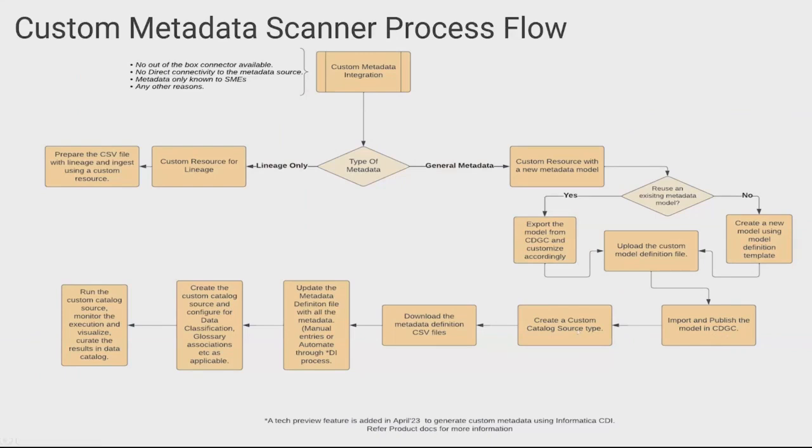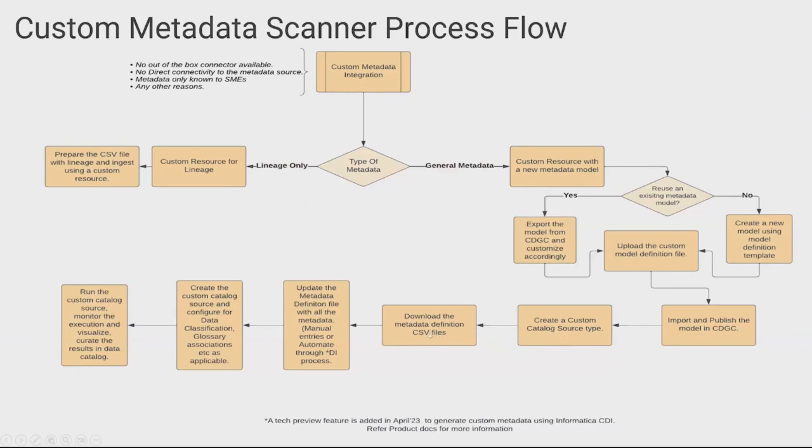And you should give it a proper name. Let's say if you're creating it for an in-house repository, or whatever the name of the data source is. Let's say Denodo, for example, if you're creating a custom scanner for it, then I would maybe give it a name like Denodo Custom or Denodo. So that will happen. And once we create the custom catalog source type, then we can download the metadata definition